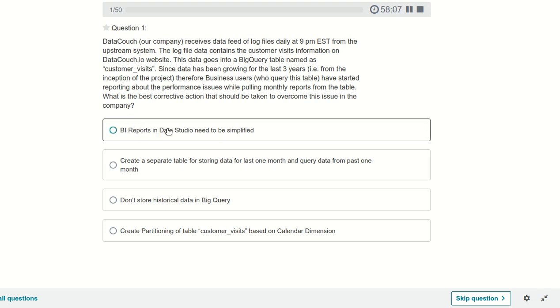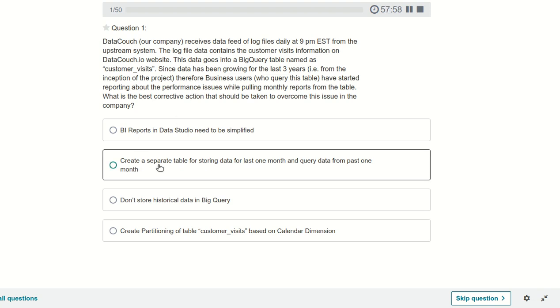BI reports in Data Studio need to be simplified. So that is wrong. Nothing related with the BI reports. We need to improve the query performance. Create a separate table for storing data for the last 1 month and query data from the past 1 month. They told that just for the last 1 month create a separate table, so that the person can run the query only on that particular table.